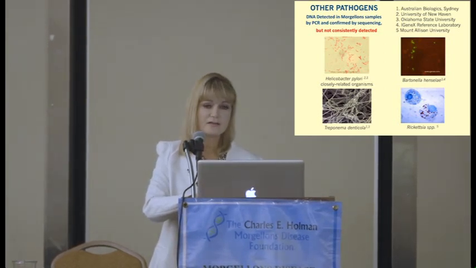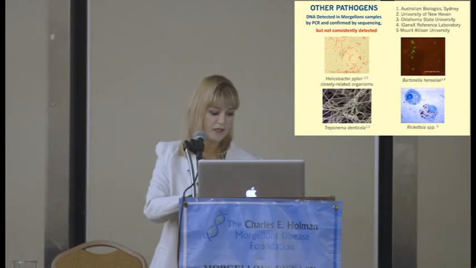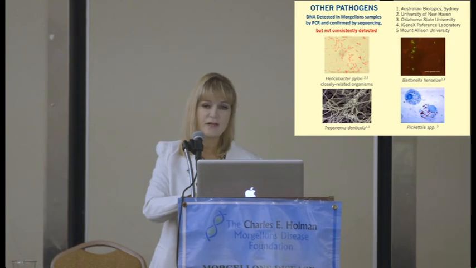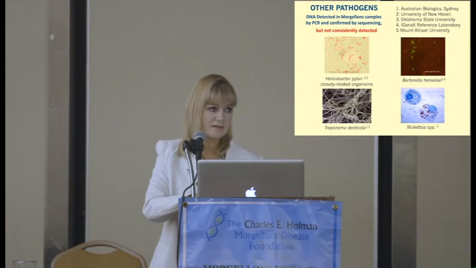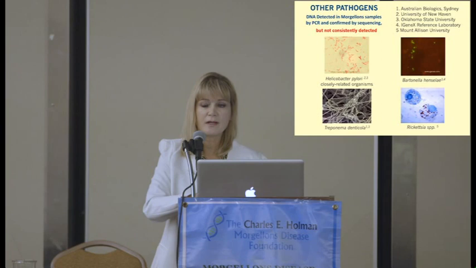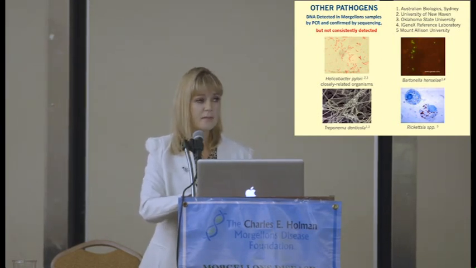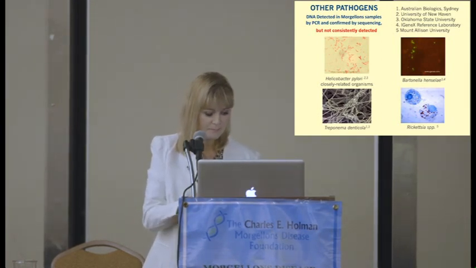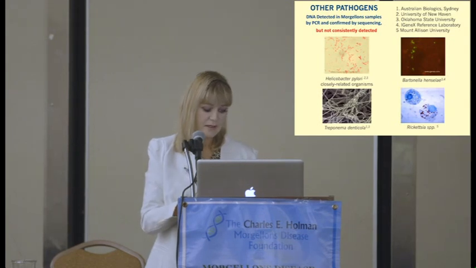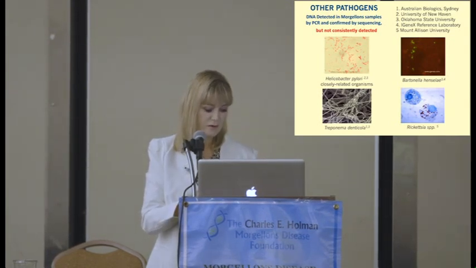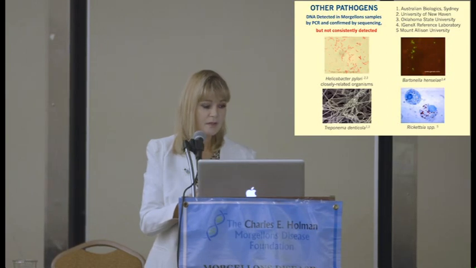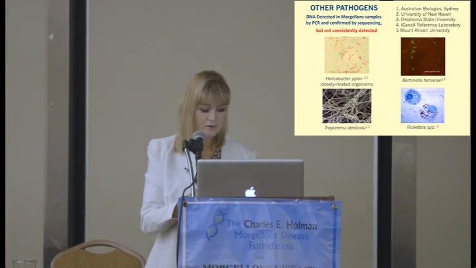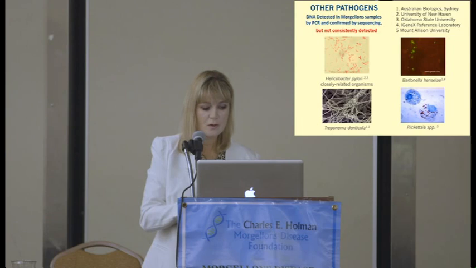Treponema denticola is a really common oral spirochete found in humans, and Helicobacter pylori is likewise commonly found in the human digestive tract. As many as 90% of the population may be infected by Helicobacter pylori. So, we're not sure about the significance of that finding. They may be secondary etiologic factors, but they also could be spread because people might pick their mouth and then it could spread to their hand and then to the open wound.